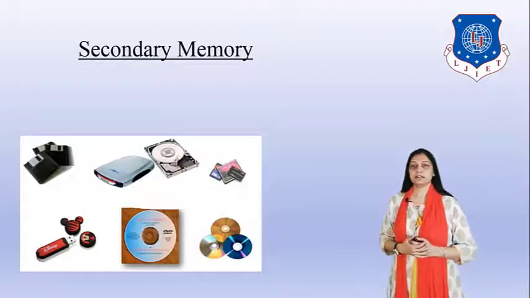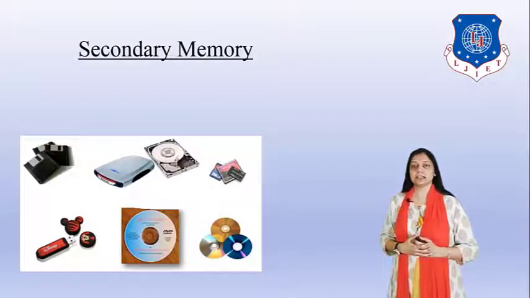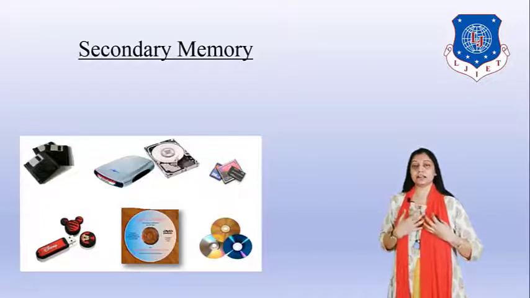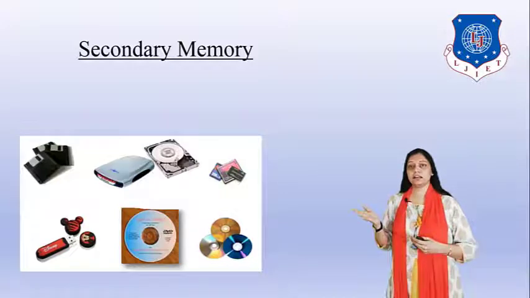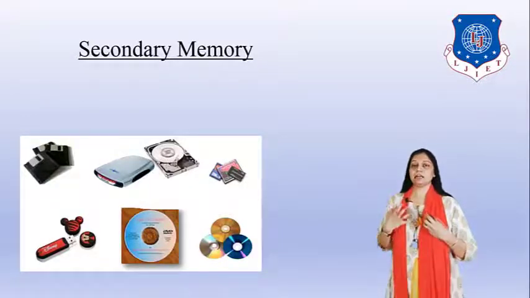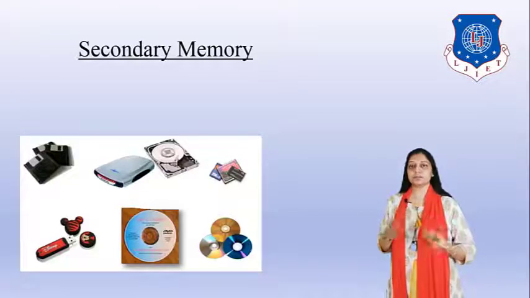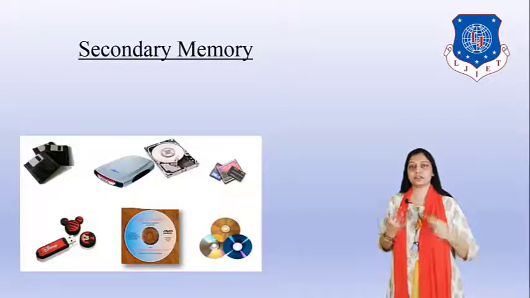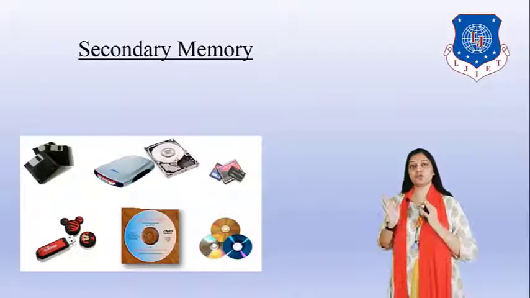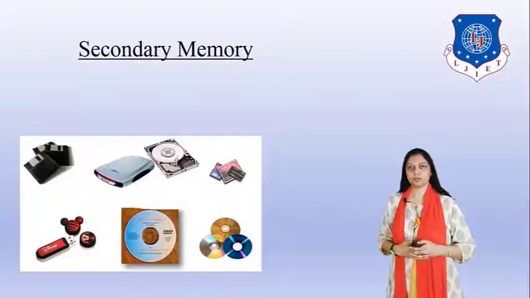Let's see what are the different secondary memories available in the market. There are secondary memories which have less storage, but normally in our computer the secondary memory which we require is the hard disk, which is of 500 GB or 1 TB. Even your floppy disks, pen drives, CDs and DVDs, as shown in the picture, are also considered secondary memory, but they are not compulsory. As and when we require, as per our use, we can have pen drives, floppy disks, CDs, DVDs and so on. But the hard disk is the secondary memory which we require in a computer for storing a large amount of data.